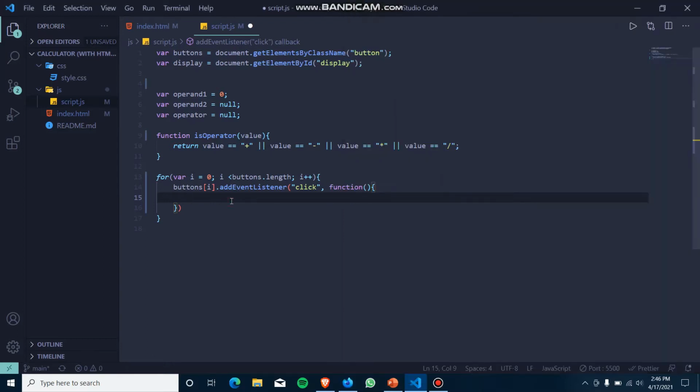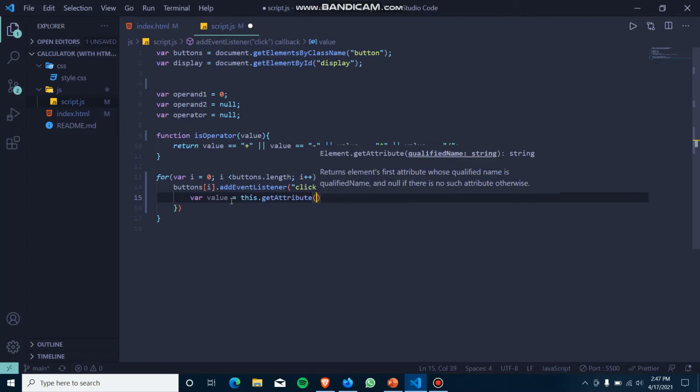So let's do the code here now. Basically we have to write the logic here for when clicking on a particular button. Now take a variable value, and I have to get the attribute, this dot get attribute. Attribute name would be data value.